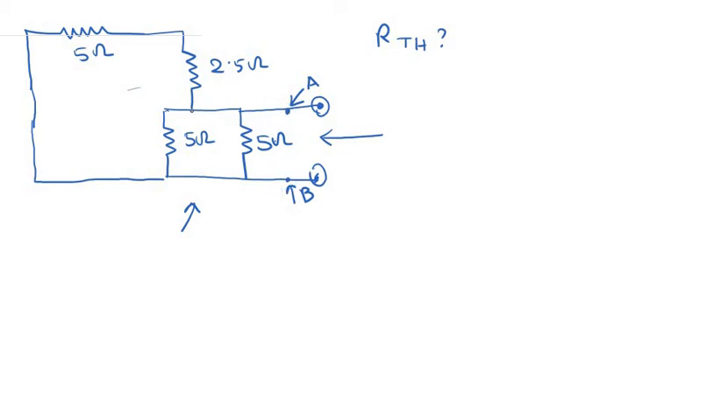Because at this point the voltage is the same as point A, and at this point the voltage is basically the same as that of point B. So this combination of 2.5 ohm and 5 ohm resistor is also lying in parallel with these two 5 ohm resistors. So RTH is basically